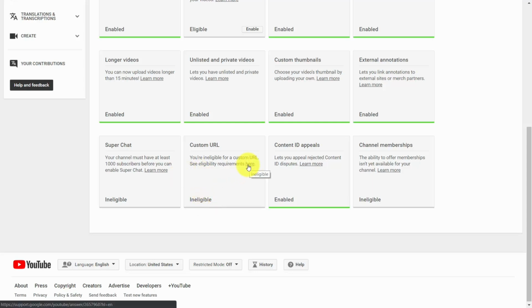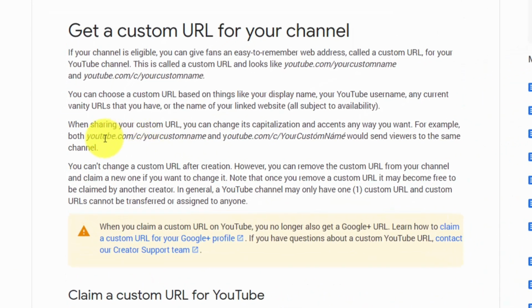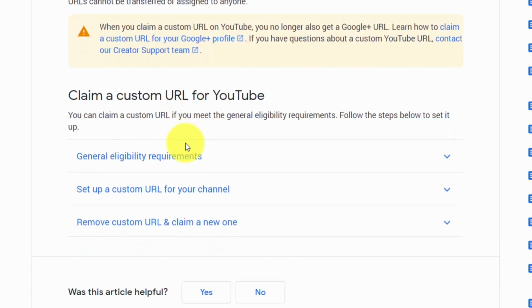So we're going to click this link where it says here. And what you're going to notice is that this is going to give you the ability to give you a name that you can give to your YouTube URL instead of the long ugly one that we were working with earlier. So what we're going to do is we're going to scroll down and then we're going to click General